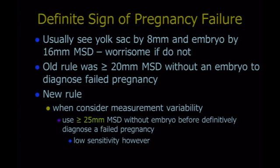But similar to the change we had with the crown rump length criteria, and this largely relates to measurement variability that is present, we should use 25 millimeters now. So if you're 25 millimeters or more, mean sac diameter, without an embryo, you can definitely diagnose a failed pregnancy. One problem with this criteria is it has low sensitivity. The vast majority of failed pregnancies are not going to reach this gestational sac size. But if it is over this, then you can be confident that it's a failed pregnancy if there's no embryos